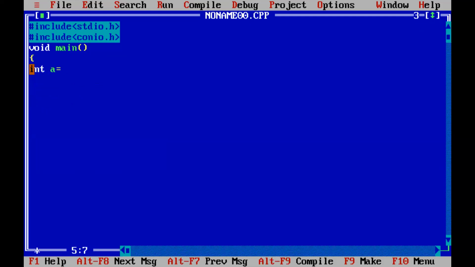Integer a equal to suppose 30,000 followed by semicolon. CLRSCR. I am going to print a value. You know that printf, to print the value, I will use the percentage %d format specifier, comma. How to print a value? By using the variable name, that is a. Over. First I will save the program.